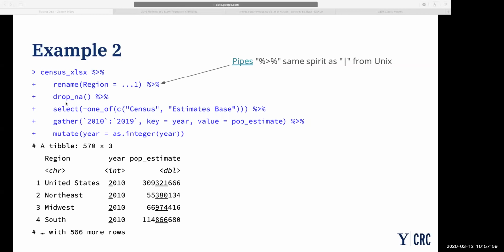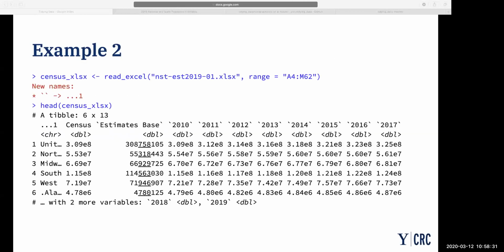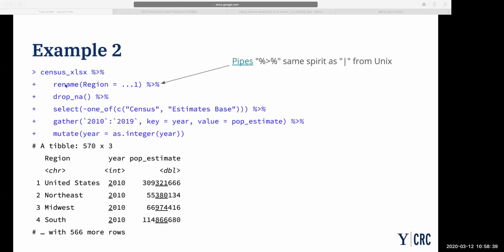I want to go over the rest of all of this solution because, again, it's sort of a lot of stuff packed into one place. And I did this on purpose to give you a flavor for what a real solution would look like, and also to give you some jumping off points for things to search for in your own analyses. So this first thing I'm doing is I'm taking the Excel file that I read in with just that subset range. So I'm taking this hunk of data right here, and the first thing I'm doing to it is I'm renaming